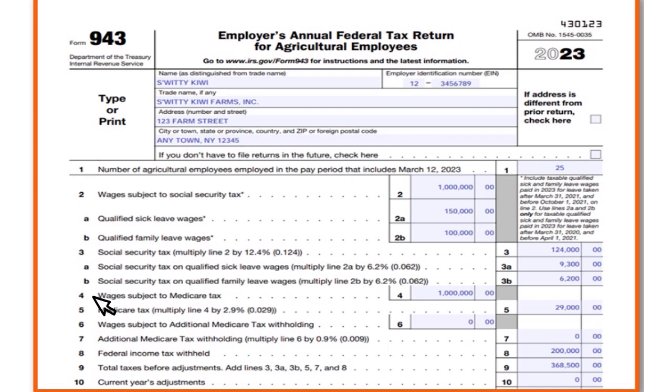Okay, and now the wages subject to Medicare taxes in our case amount to $1 million, and on line 5 we did the calculation, and that amounted to $29,000. In other words, you multiply 1 million times 2.9%. Okay, and on line 7, additional Medicare tax, you have to follow the rules. And on line 8, federal income tax withheld, you put the number here. We put $200,000, and total taxes, if you add all those amounts, in our case we have